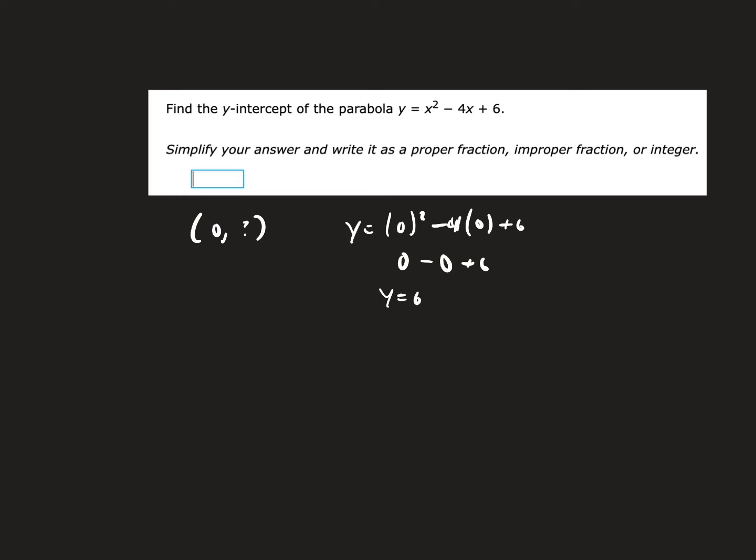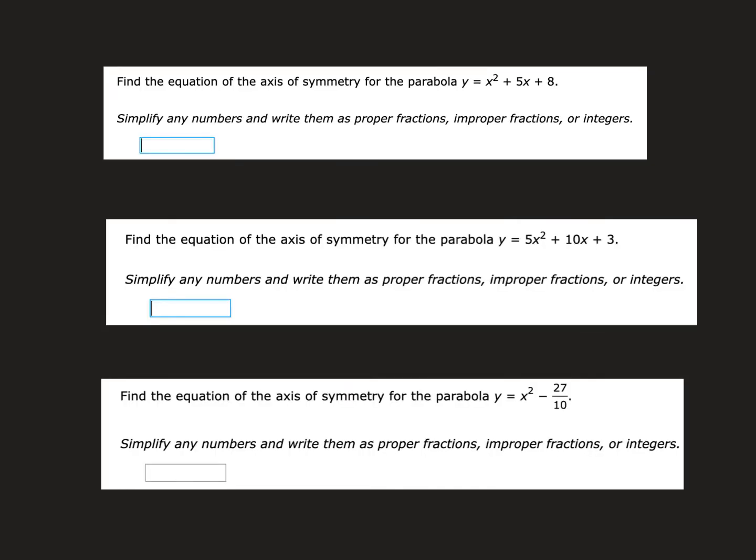So what you would type into here would either be 0, 6, or just 6. I noticed that it seemed to accept both of those just fine. So ask for y-intercept, plug 0 for x, and find y. Easy peasy. Next one was finding the axis of symmetry, and all of these equations that they're giving you are